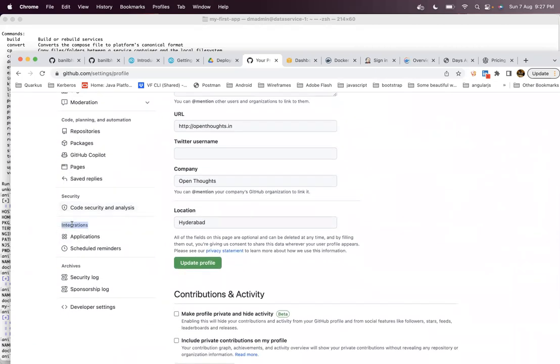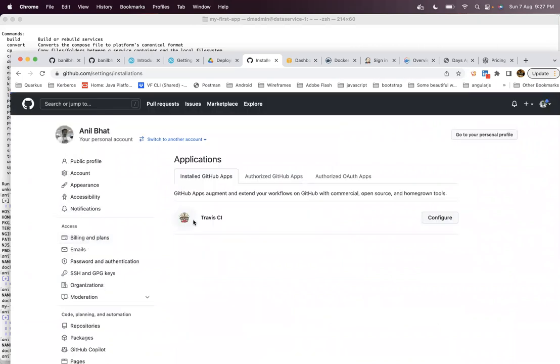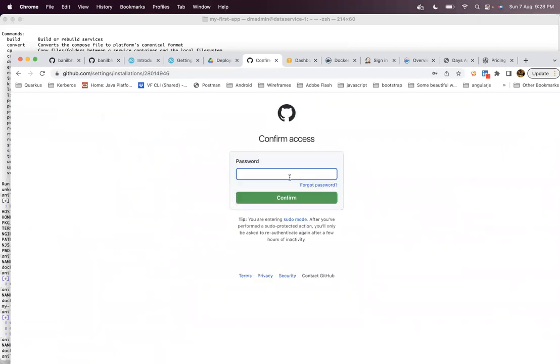Right? In integrations, in applications, you can see Travis here. Because you have integrated your Travis account with GitHub, the integrated application will be there in your application list.